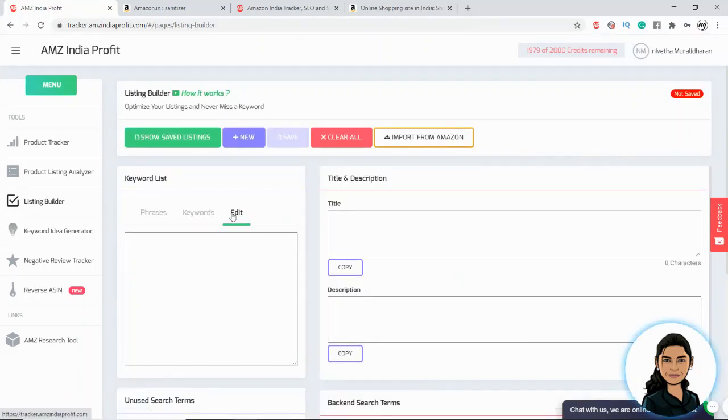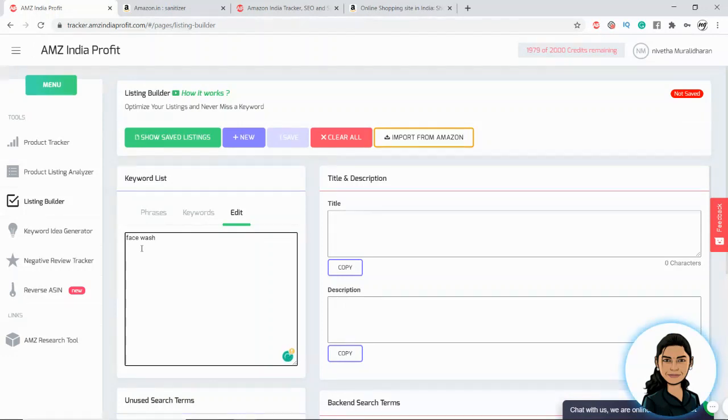You can download any number of keywords, paste all the keywords here and frame the listings here. For example, consider that I am planning to sell face wash. For face wash, you can generate all the keywords here, download them in an Excel sheet and paste them here. Right now I'm just directly typing the top keywords for face wash.